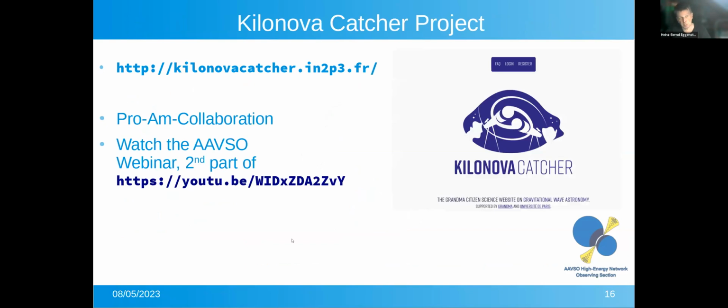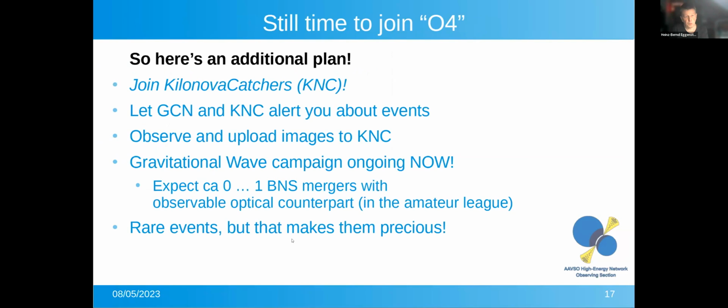To facilitate amateurs hunting for kilonovae, there's the Kilonova Catcher project, the Pro-Am collaboration, and we highly recommend that you join this project if you are interested in events like this. Let me speed through it. These are rare events. You can expect to see between 1 and 0 in this current campaign until the end of next year. But because they are rare, they are also precious. For the second event, we need every single data point